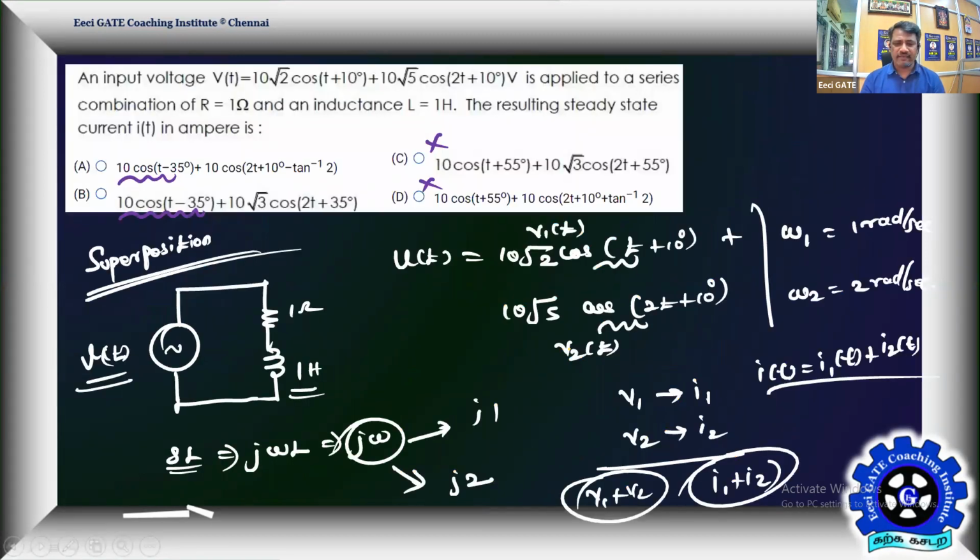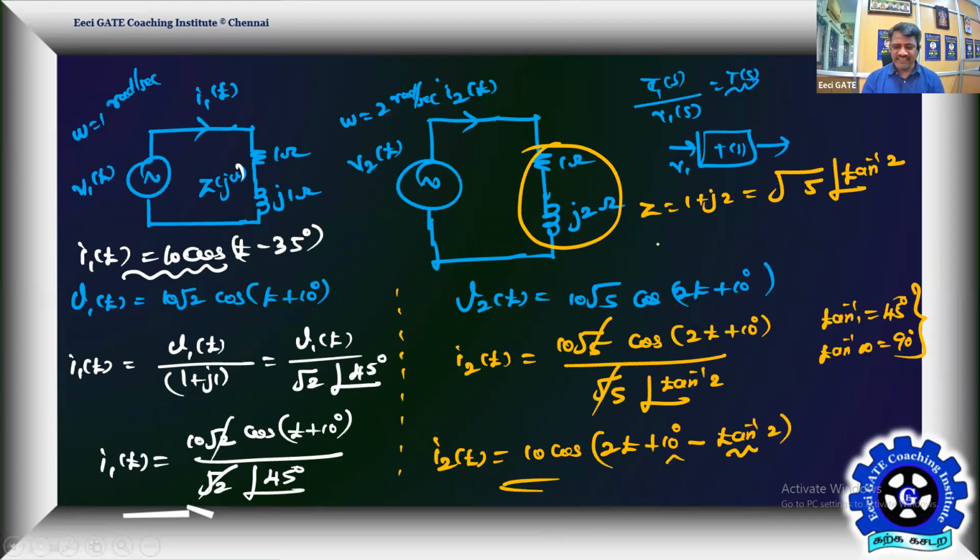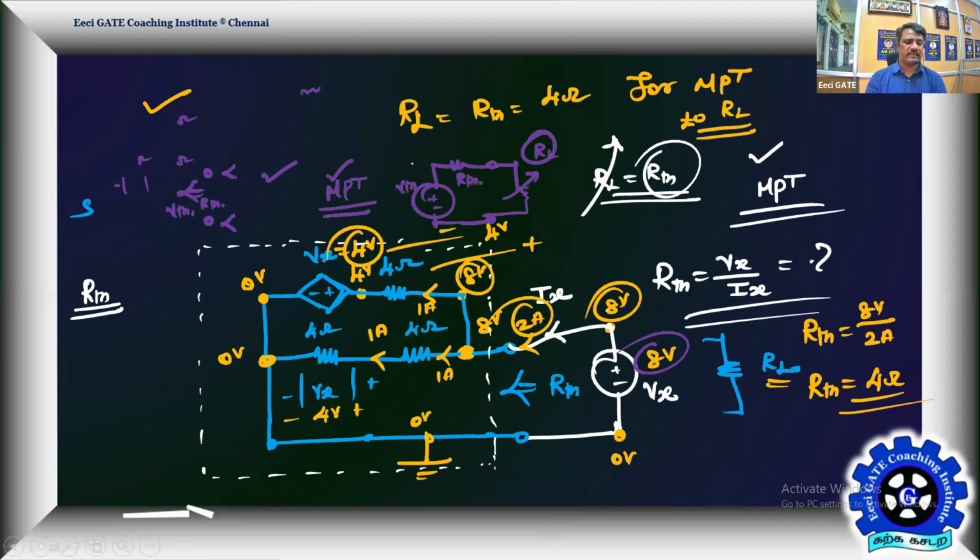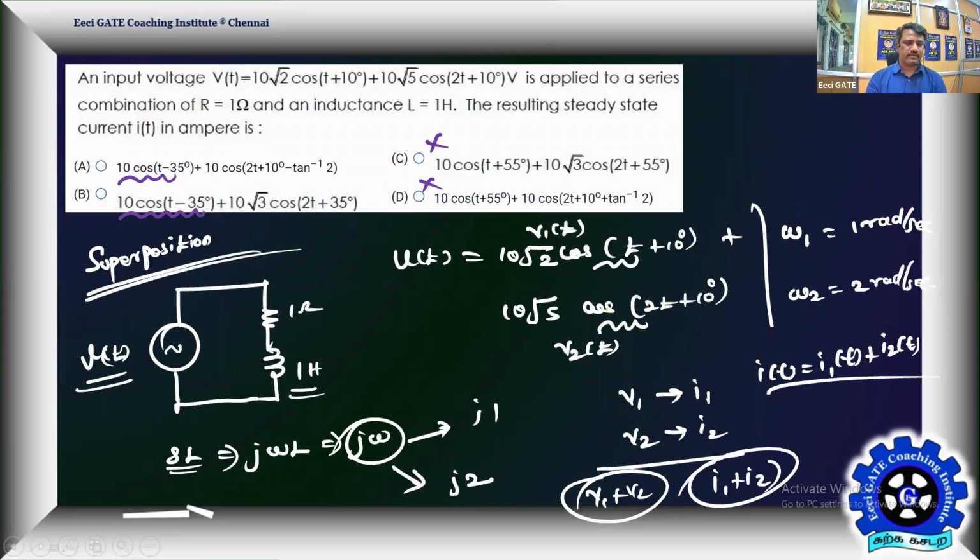If it is given in terms of tan inverse of 2, it's well and good. So he played with that only. We can appreciate the designer. He has given tan inverse of 2. So 2t plus 10 minus tan inverse of 2, that's exactly the number. Yes, that's your option. That's a real play by the designer. You can appreciate your fundamentals of engineering.